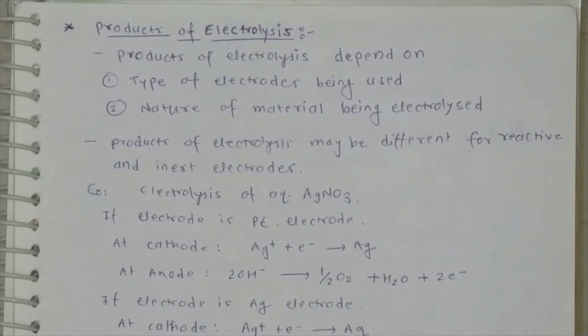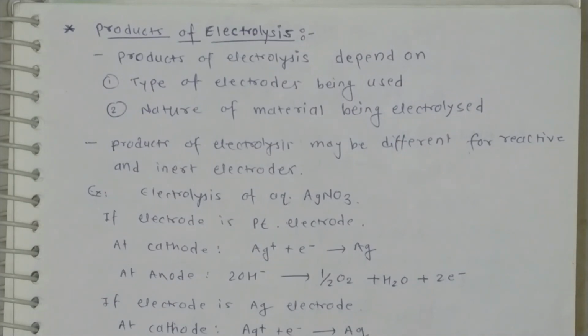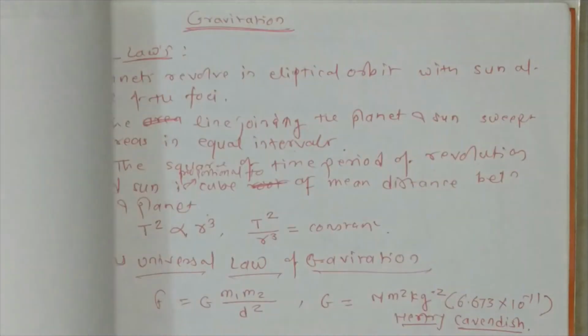So students, in this video we are going to discuss products of electrolysis. Now in electrolysis we know whatever electrolyte we have, it is going to be decomposed into different types of components or products. Before going to discuss electrolysis, let's have a look at overpotential. What does overpotential mean?